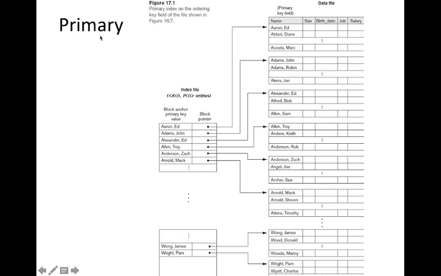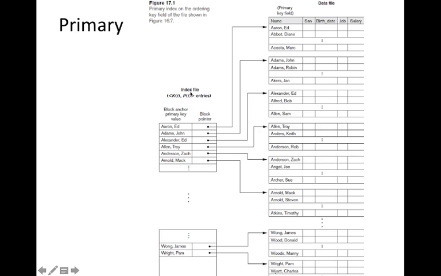So primary indexing, what we do is we'll have an index file. So this is the actual data file. You just forget about this thing. So this is the actual data, without any indexing, the data will be stored in different blocks like this.